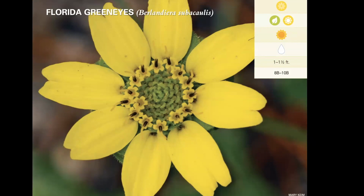Florida Green Eyes is a nice perennial wildflower that is very attractive to bees and butterflies. It generally blooms